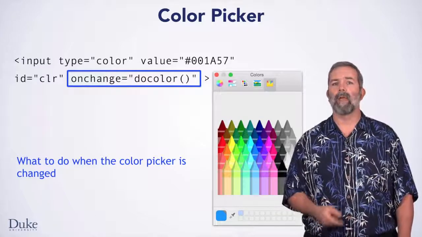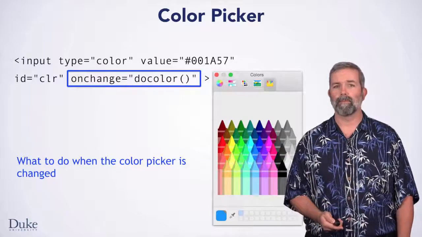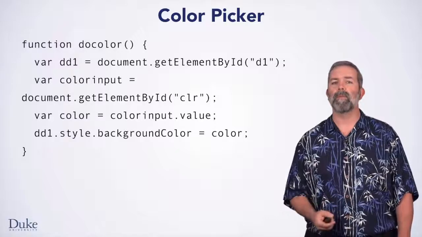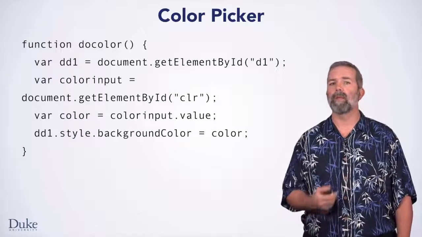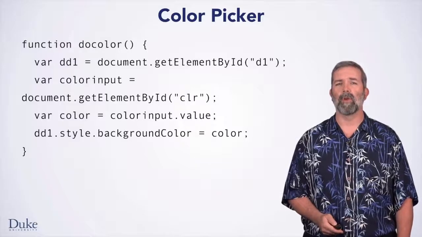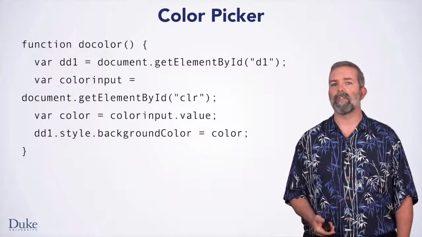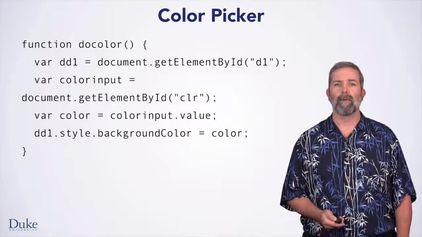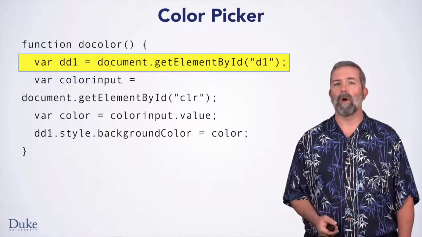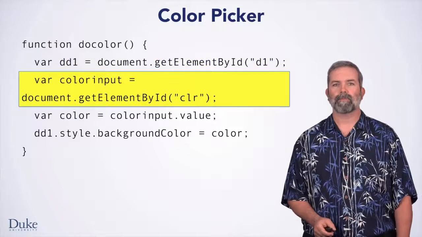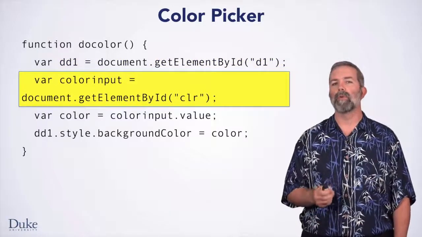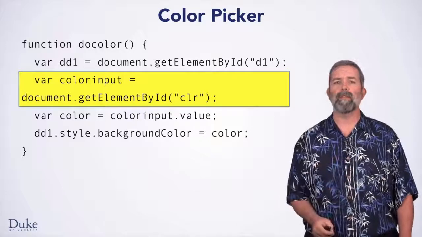Now let's look at the function doColor. This function can be named anything, but must match the name you specified in the HTML input element. Accessing the color picker value in the JavaScript code uses functions and concepts that you may recognize. First, the canvas element is stored in variable dd1, as you have seen before. Then, the color picker element is stored in the color input variable, using the same technique to find the element